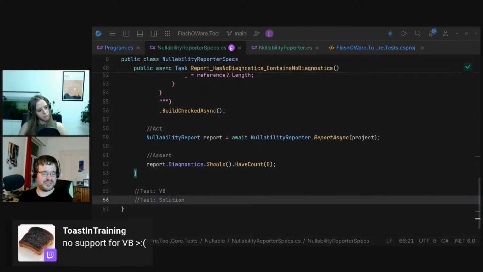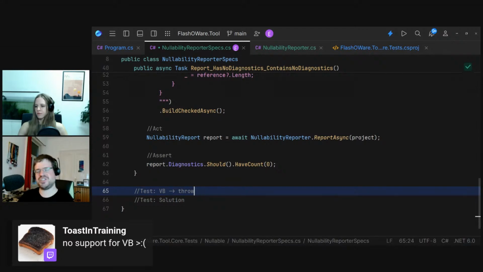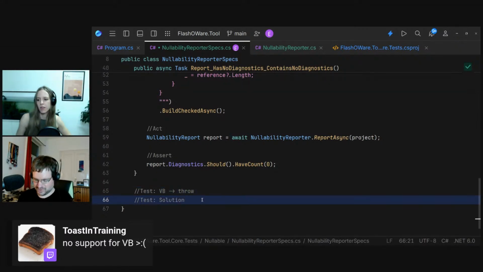There is no support in Visual Basic indeed. So I guess the expected output would be some not supported, or in our case, actually throw some exception, which then on the UI layer, on the CLI layer, translates into something like Visual Basic not supported. We do it on a solution, which means for each project. What about